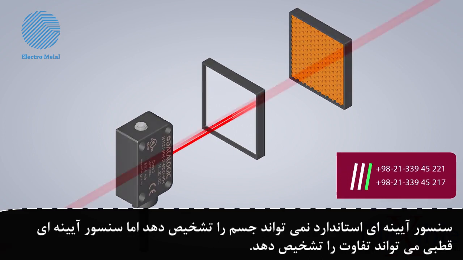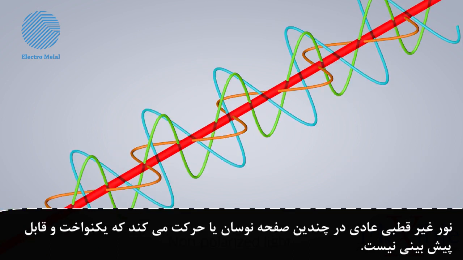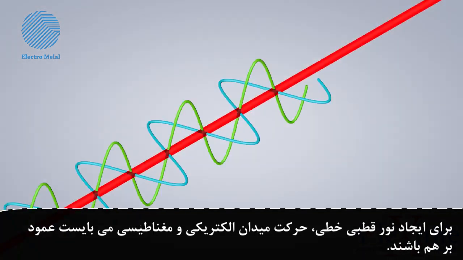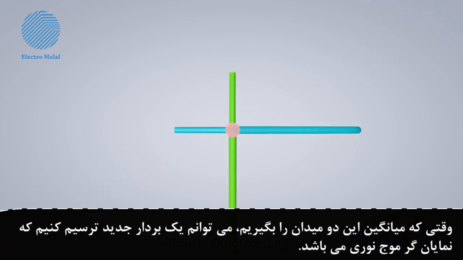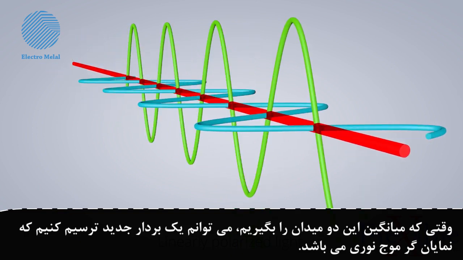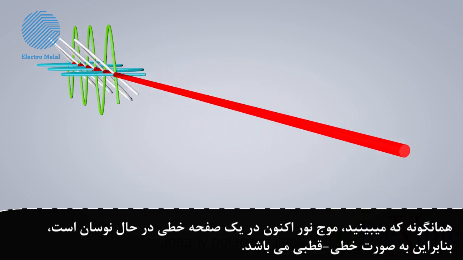the difference. Normal, unpolarized light oscillates or vibrates on multiple planes. It's unpredictable and non-uniform. To create linearly polarized light, the vibration of the electric field and magnetic field must be perpendicular to each other. When we take the average of these two fields, we could draw a new vector which represents our light wave. As you can see, our light wave is now oscillating on a flat plane, so it